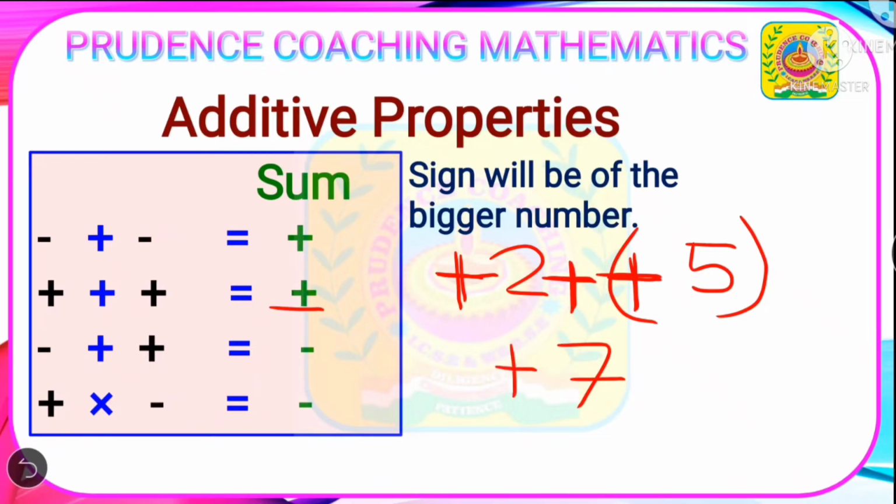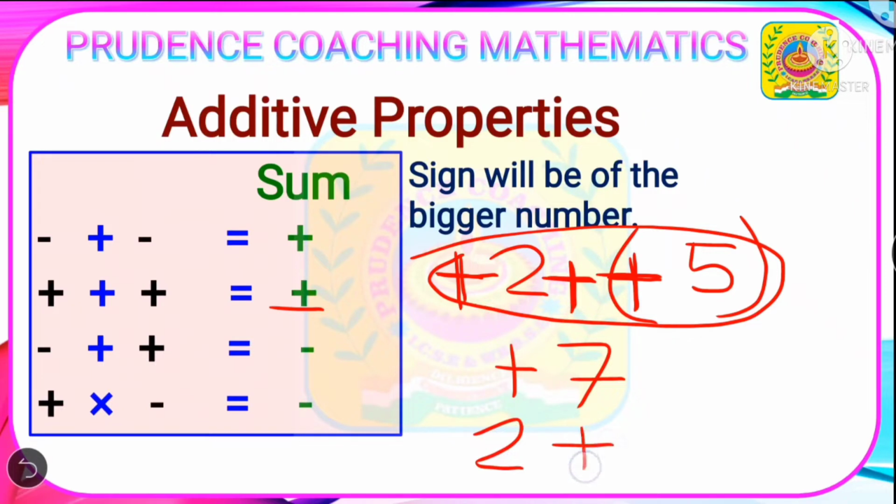So my dear students, you must also know that if I write like this, that is plus 2 plus 5, this can be written as 2 plus 5. Why can it be written as 2 plus 5? Because if we give here plus 2, it is plus 2. But if we don't give any sign before 2, that means by default it is a positive number. Similarly, if we give here plus 5, that means it is a positive number. But if we don't give any sign before 5, that also means that it is a positive 5.